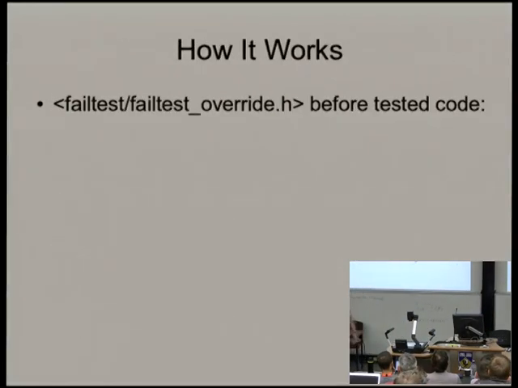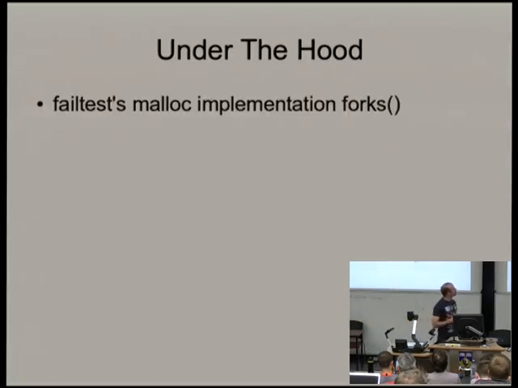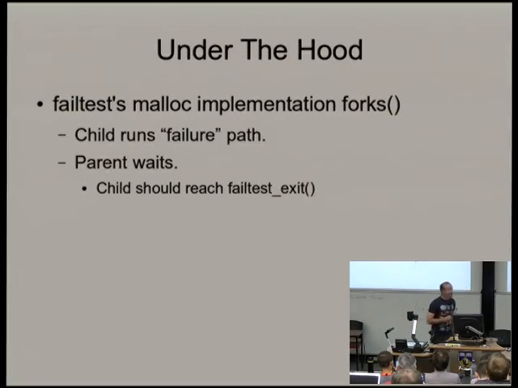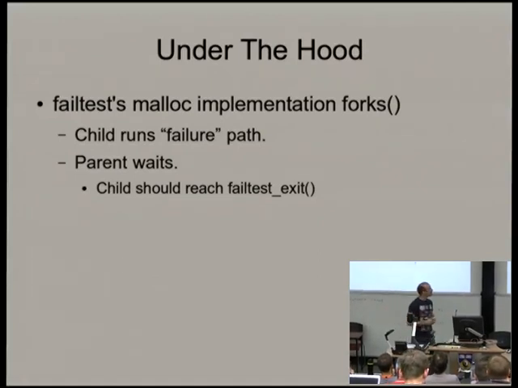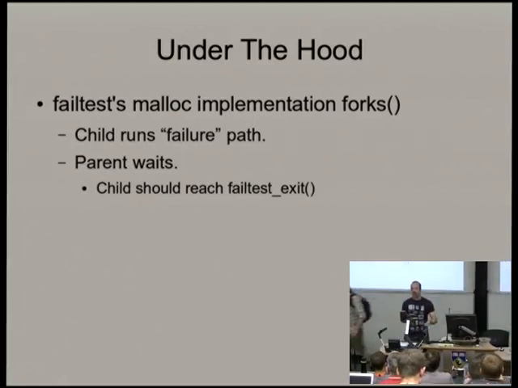So the child is the one that actually runs the failure path, and the parent continues. Now the parent will actually wait for the child. The child should reach a fail path exit. Anything else is considered that something went wrong. That's a weird design decision that I'm kind of reconsidering. Perhaps it's not a bad idea. But there may be code in your test path where you end up doing a manual exit, and I wanted to check that you didn't get to those. So for the moment, you have to get to a failtest exit path for your child to be considered to have not failed. So obviously, if your child seg faults